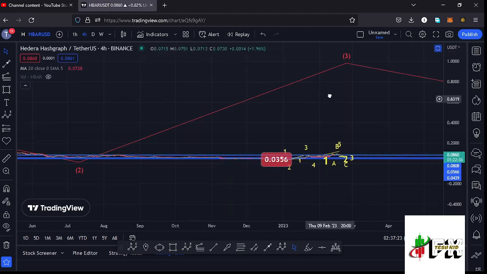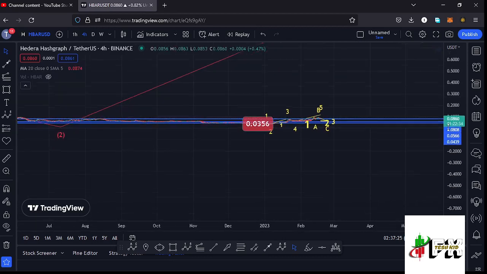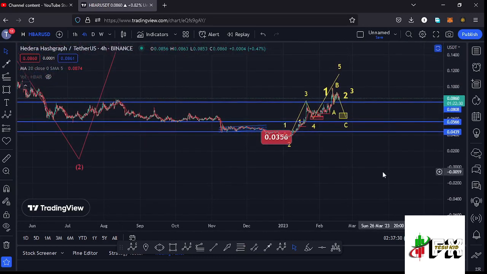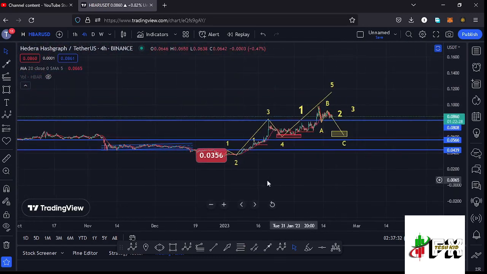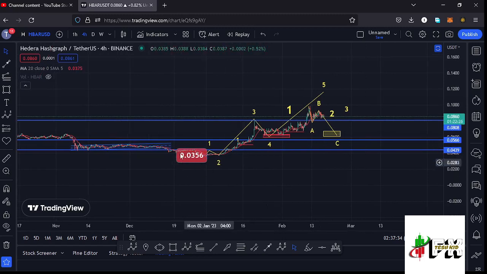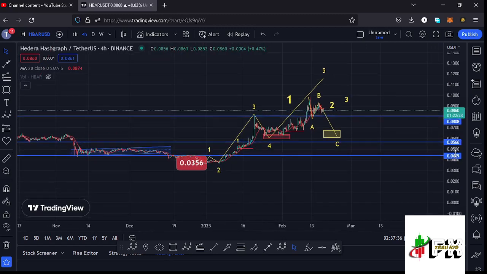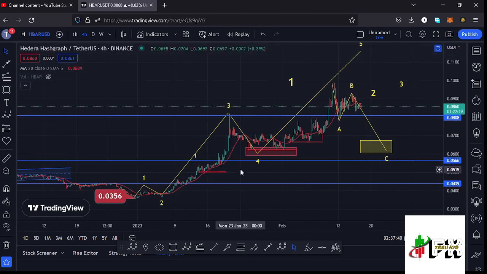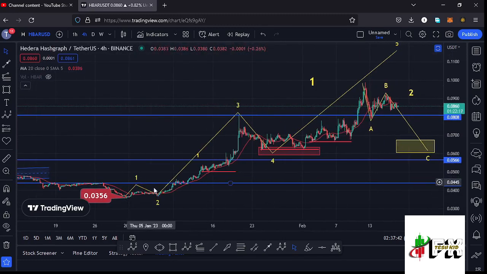And jumping to the 4-hour chart to give you the short-term scenarios that I'm expecting to play out and also my next price targets here on the Hbar chart, you can first see that after making our low at around the $0.0356 mark, we started this massive bounce to the upside in a move that had been obeying the Elliott wave structures, where you can see that I have this Elliott wave structure in yellow, having that as the first wave. Then we have seen a corrective structure in the formation of that wave 2, then a wave 3 giving us a peak at around the